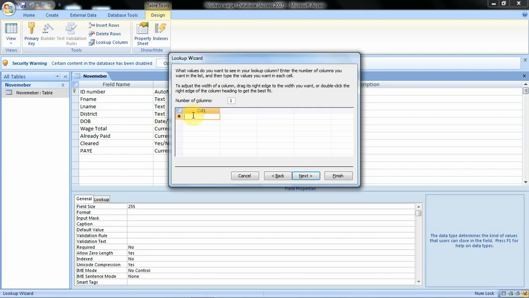Our first value will be Apac. Then to go to the next field, you can click. Our next value will be Kasese. Then the next will be Mpigi. And lastly, we shall have Luweero.